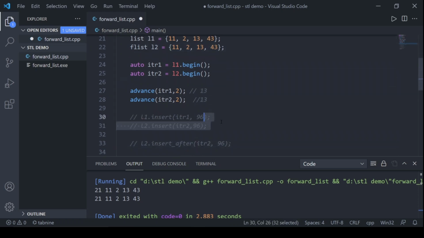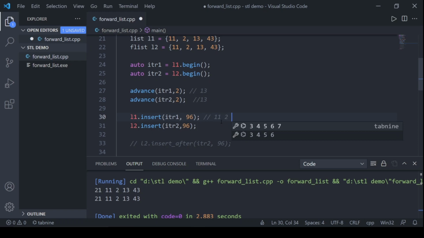So in the first case it would insert 11, 2, then the new element before 13, so 96, then 13, then 43. But in this case it would be pushing after 13, so it would be 13, 96 and then 43.